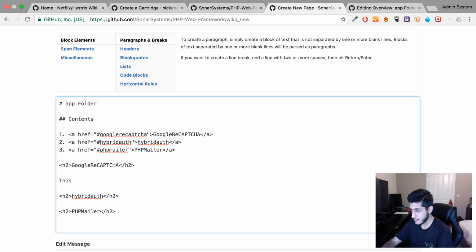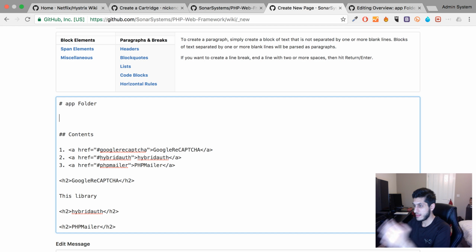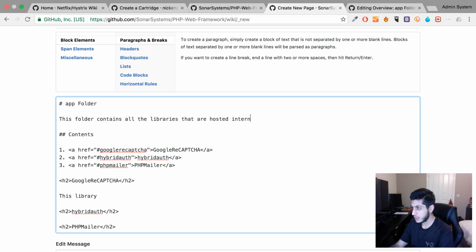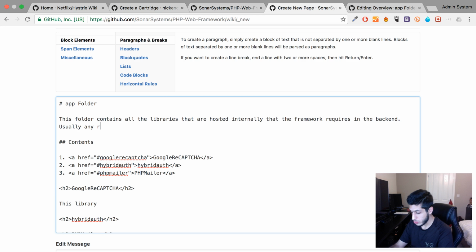This library. Okay, first of all, I'm going to explain what the app folder is. This folder contains all the libraries that are hosted internally that the framework requires in the back end. Usually any required libraries